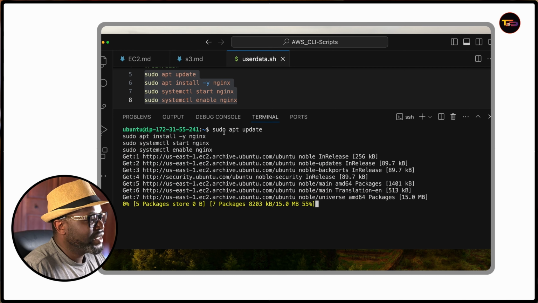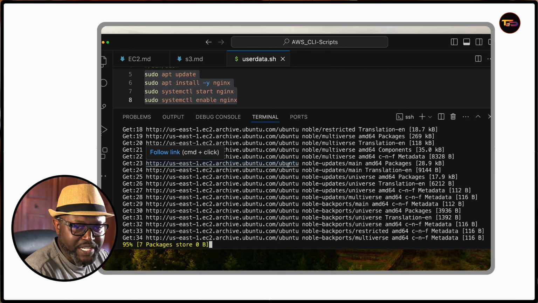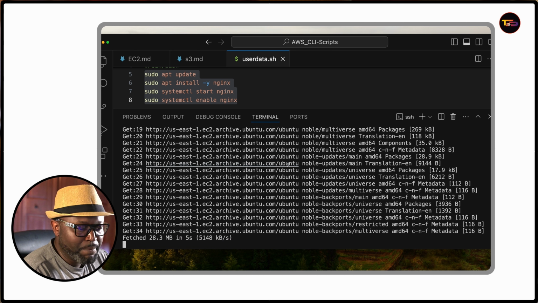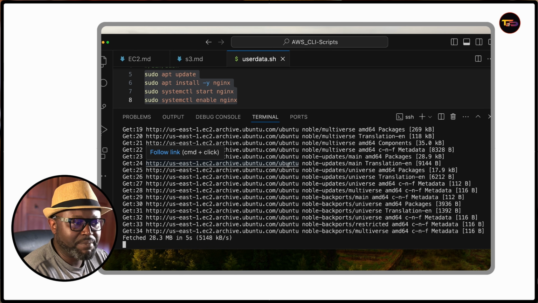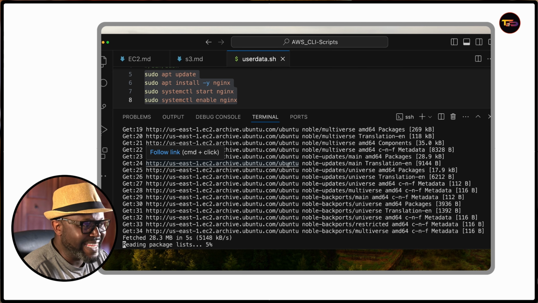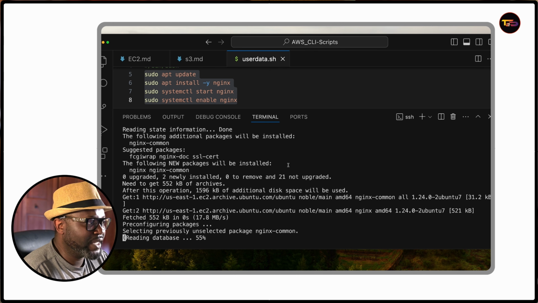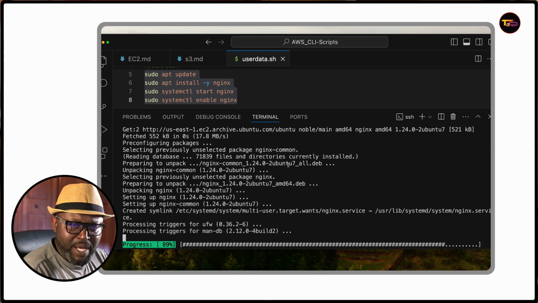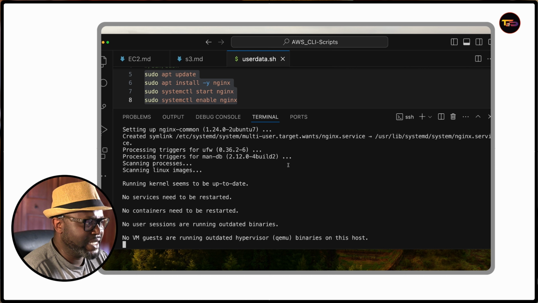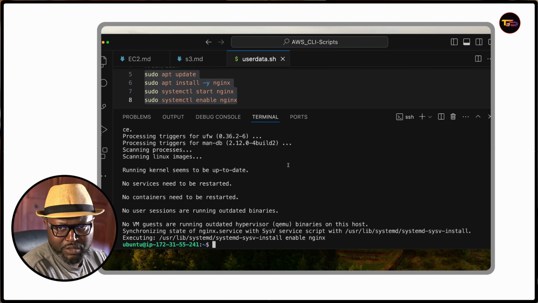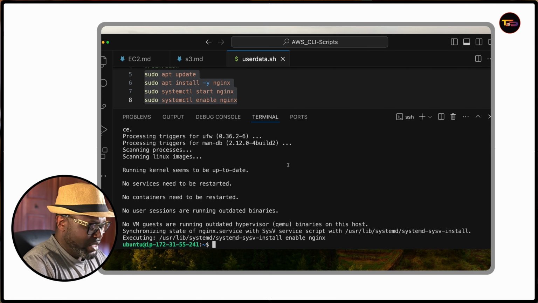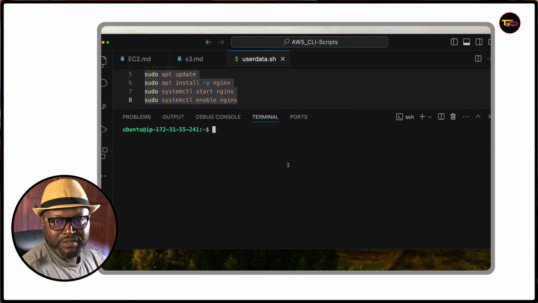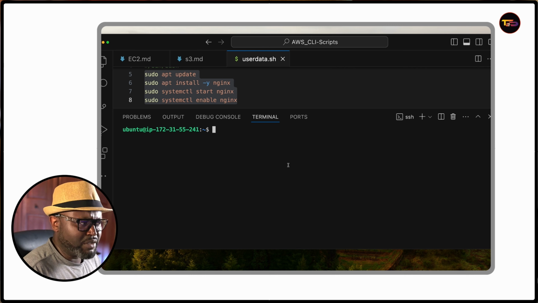Press enter, and it's gonna update the libraries and packages, as you can tell. And also after doing that, it's gonna install this web application. It's gonna start the web app and enable it, meaning that even if you turn off your computer or the system and then back on,